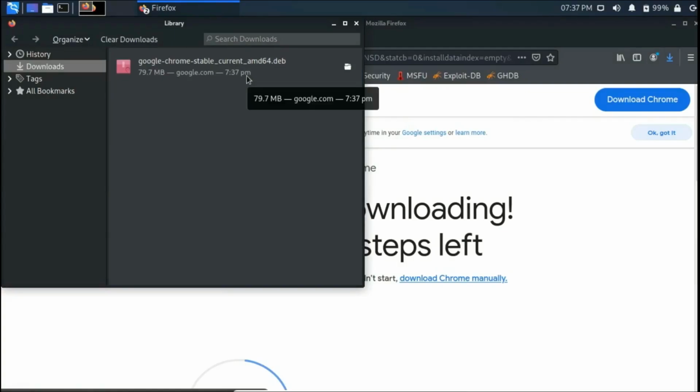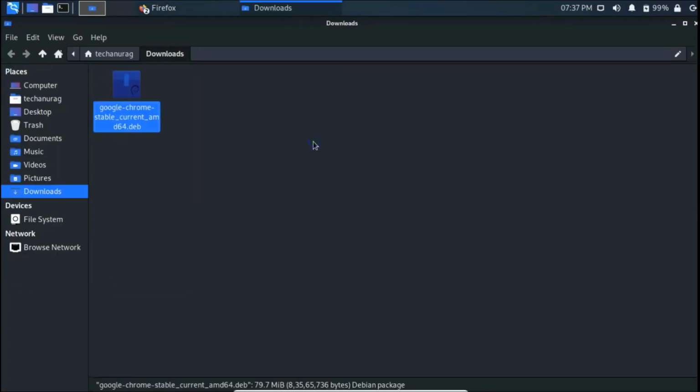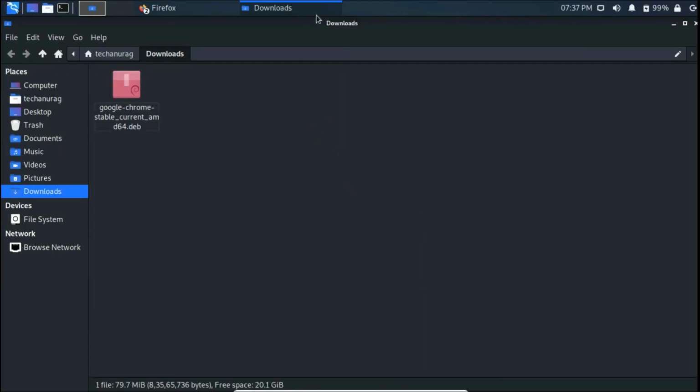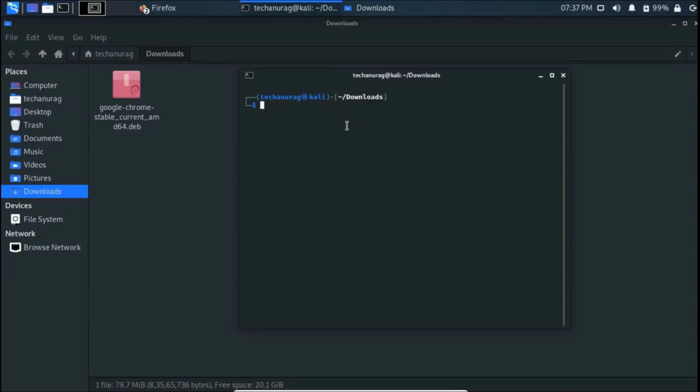As we can see, the file has been downloaded successfully, and go to the file directory and do right click on it and then click on open terminal here and type ls command to see the name of the file. You may see the file name,